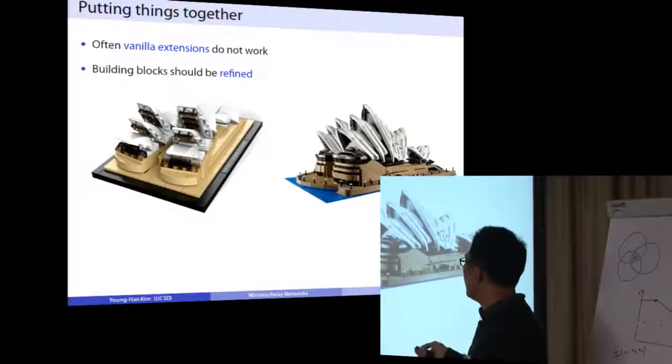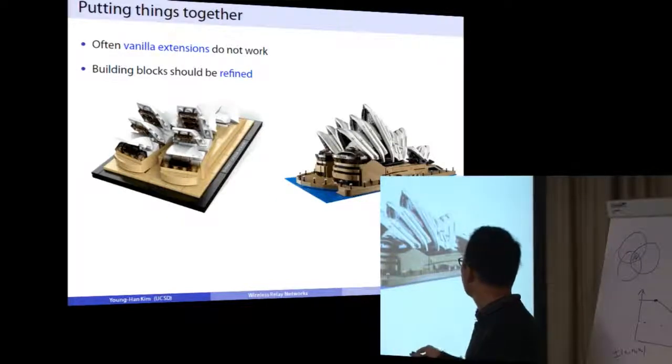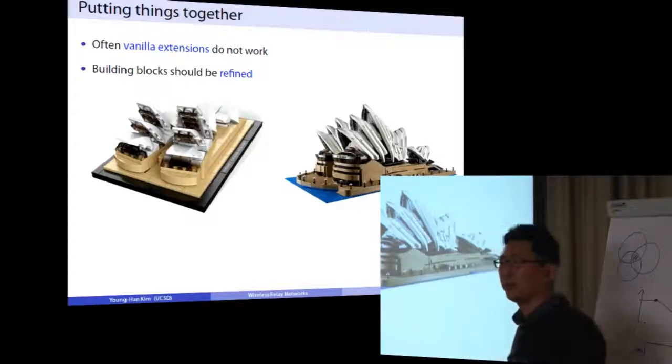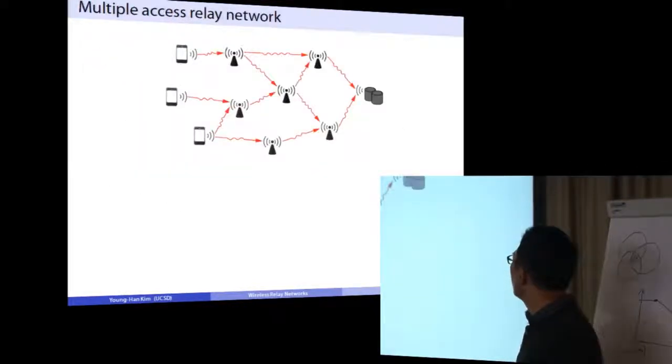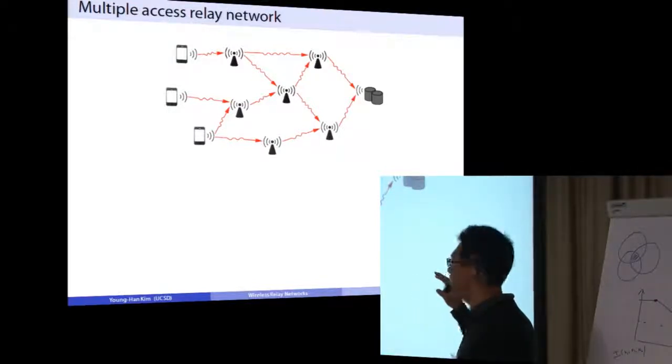And at the same time, the building blocks should be refined. I mean, here is the same opera house, but if you use crude pieces, then you can go only this much. If you use finer pieces, then you can actually get something that looks much, much better. Okay, so with that in mind, we are gonna go over two different network communication scenarios, and the first one